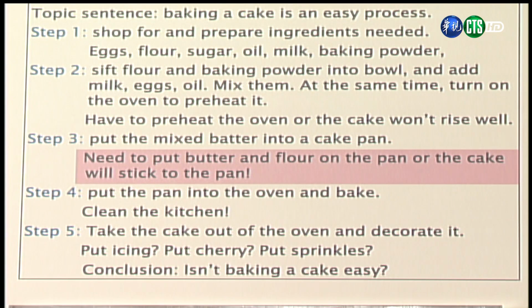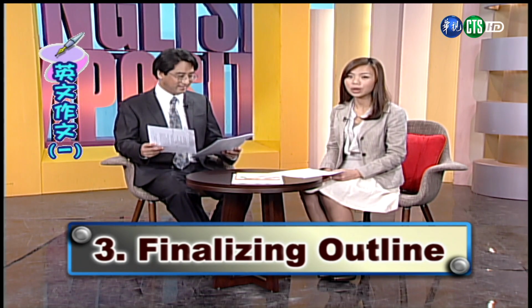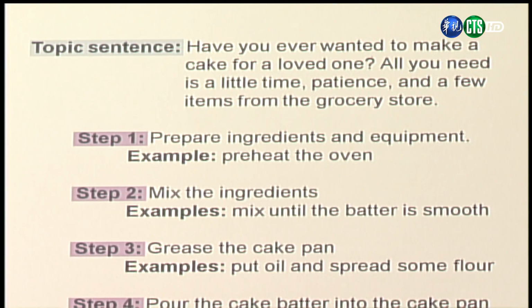So it says we put some butter and flour on the pan to make sure the cake doesn't stick. 好，那举个例子为各位同学讲解哦。像这个作者呢，他在步骤3的部分，他补充说，你在这个烘烤的之前呢，需要在烤盘上面涂上一些奶油跟一些面粉，不然的话，蛋糕就会粘在烤盘上哦。这也就是我们去解释为什么要有这个步骤的关系。 All right, and then what we're going to do next is go and look at our final outline. 好，我们接下来下一个步骤呢，也就是告诉各位同学，我们要最后把这个大纲做一个完成的定稿。 And so what we have here is our final outline, and what we did is we took the previous